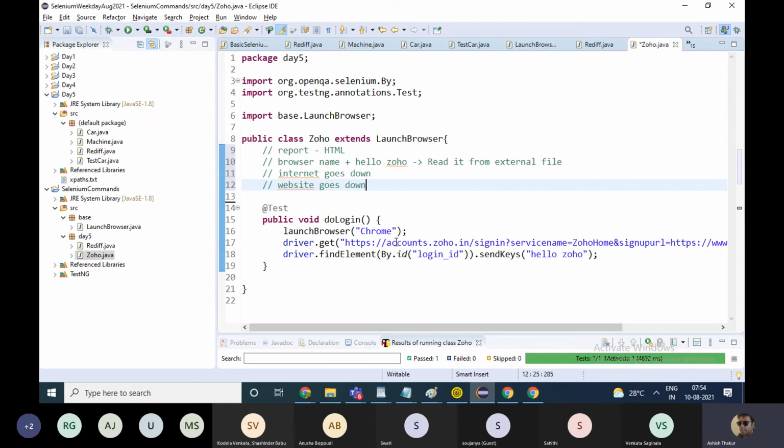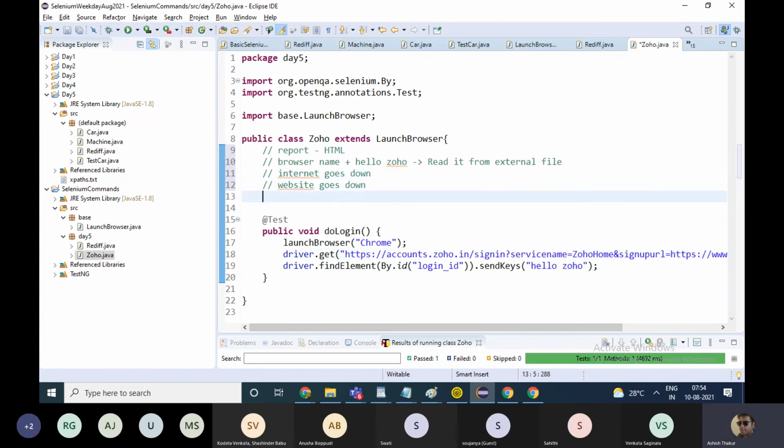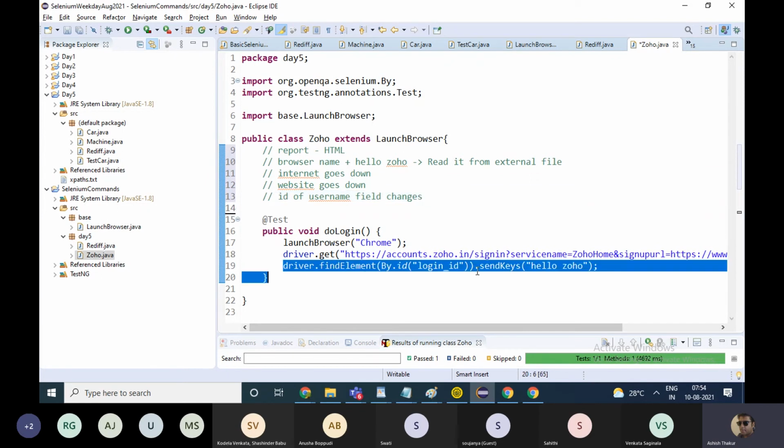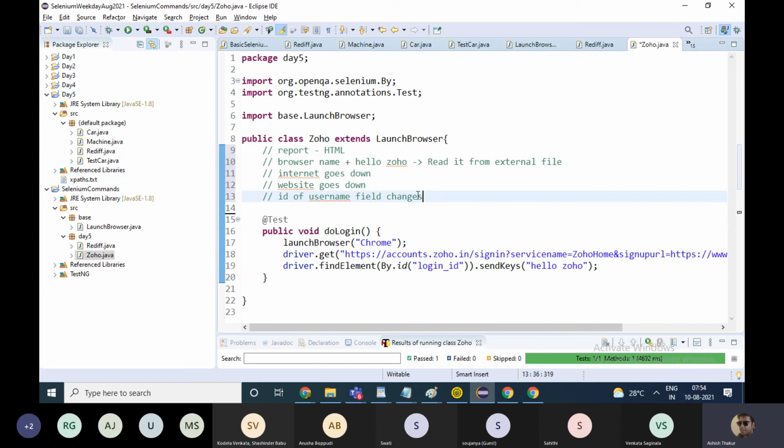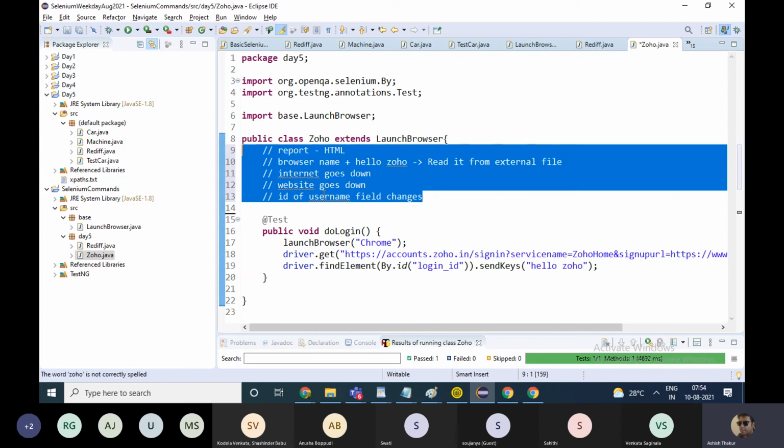What if this particular URL never opens, although the internet is working? What if the ID of a username field changes? The developer does some changes and you never know about it, and the script is never able to find this element on the web page. What will you do? You have to take care of all those things. Basically, your script should not abruptly fail in between.